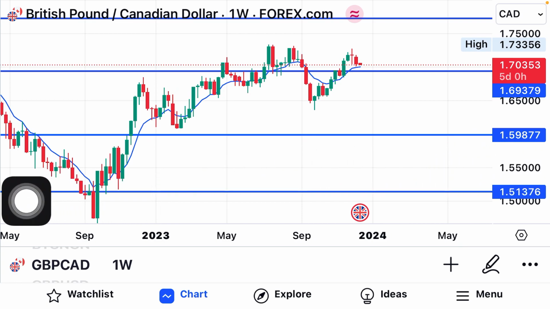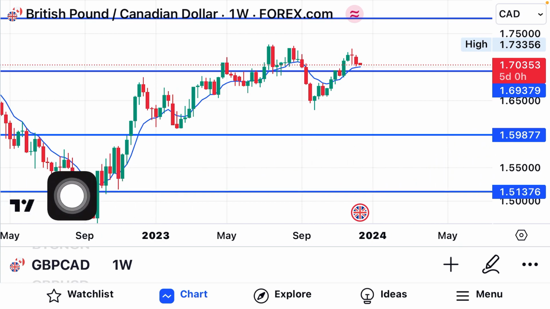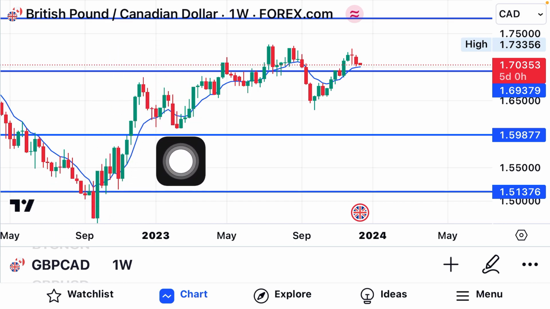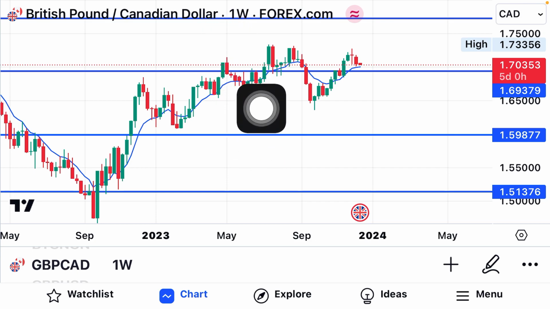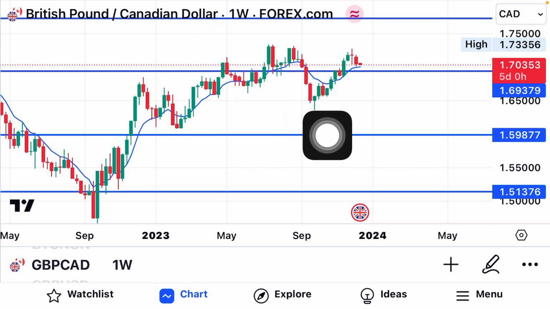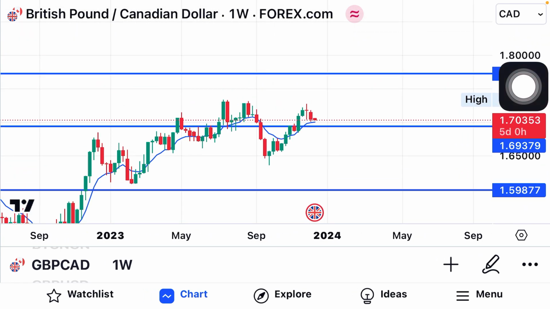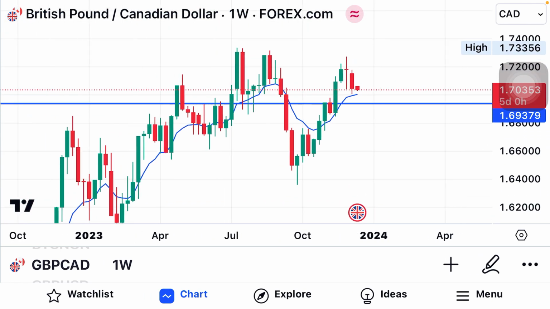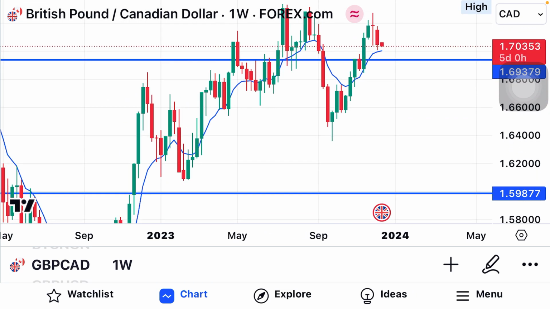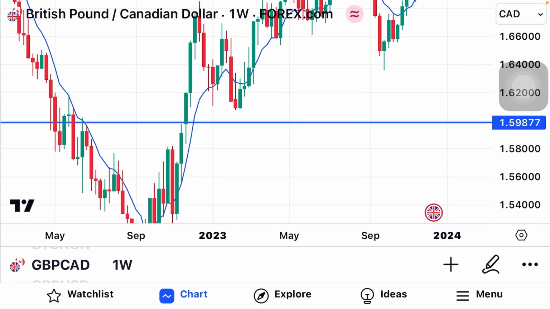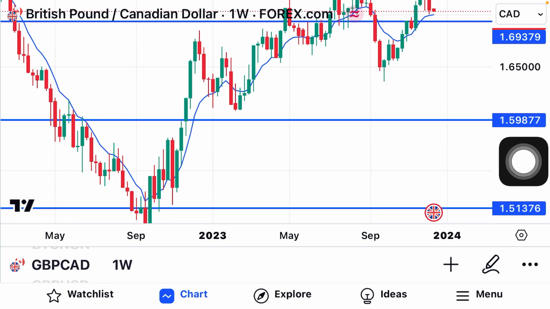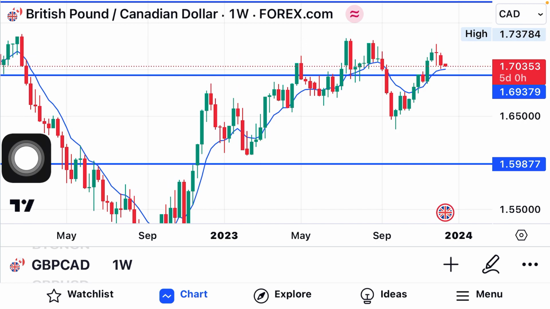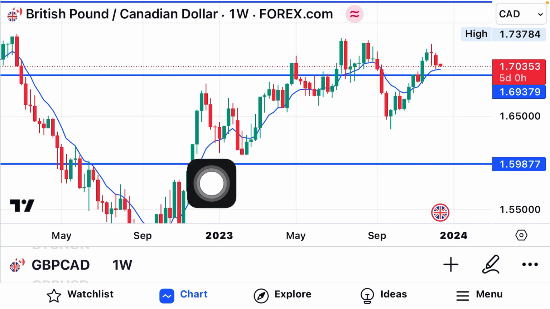Now the market got to this zone, respected this zone, got here, retraced, got here, retraced, got to this zone, retraced, got to this zone, retraced. Now it's a bearish market from monthly, but in the weekly we notice that as much as it's a bearish market, the market got to this level and we notice a strong reversal,